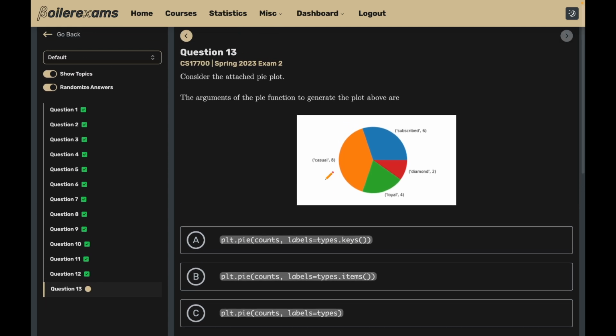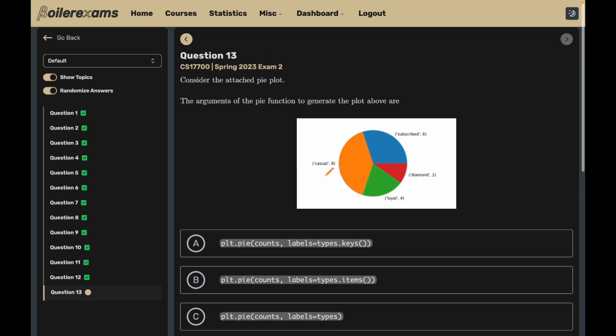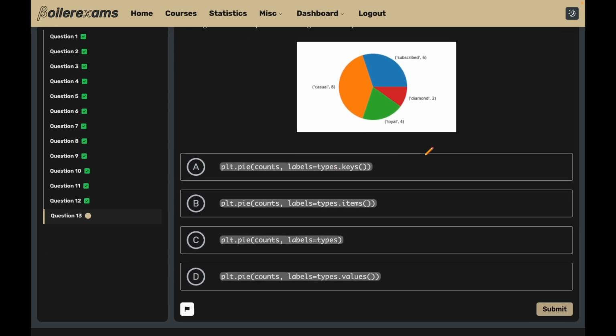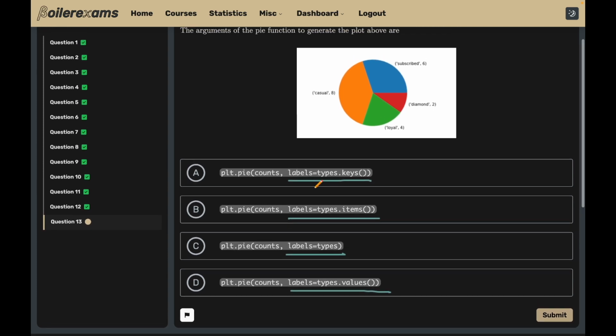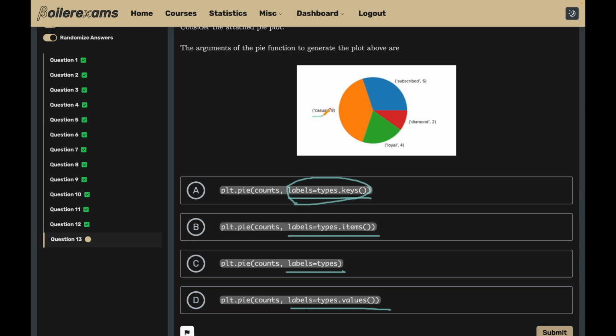This is actually interesting because question 12 is a little harder, I think, than question 13. This is a syntax question for matplotlib, I guess. So let's try to do some process of elimination. So counts is all the same for all four. The only thing that is different is types.keys, types.items, types, and types.values. And so the second argument for matplotlib's pie function is going to be representing the labels for